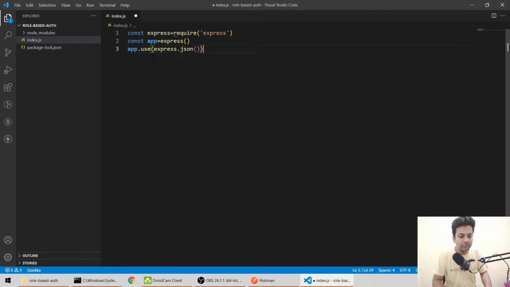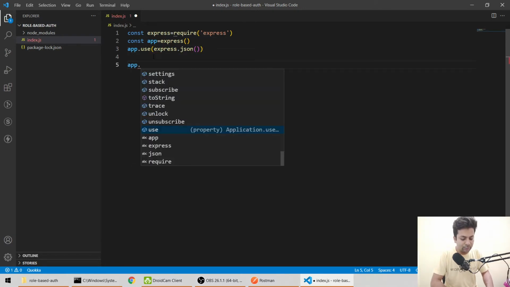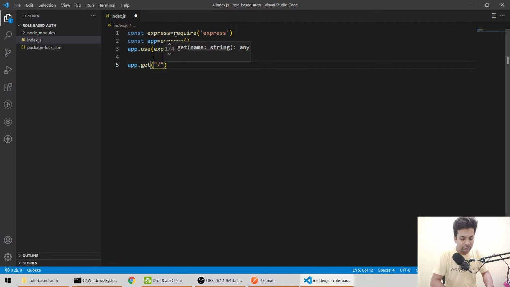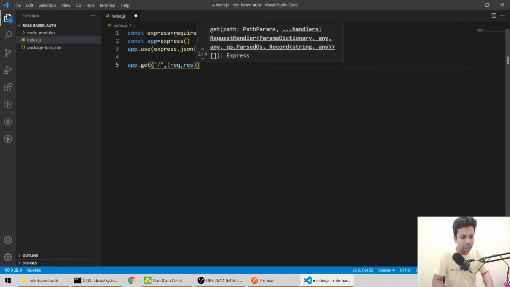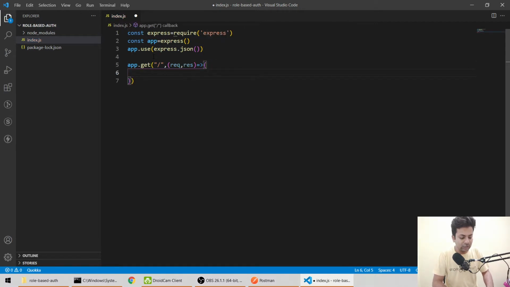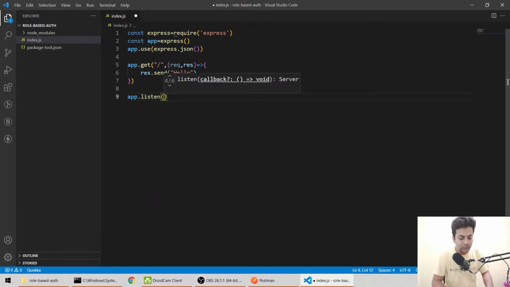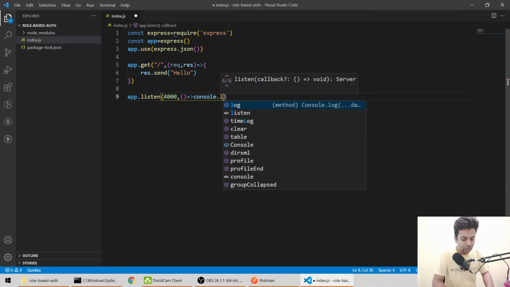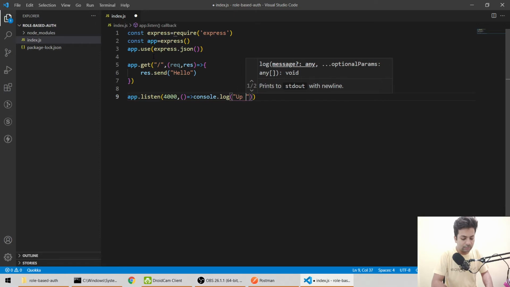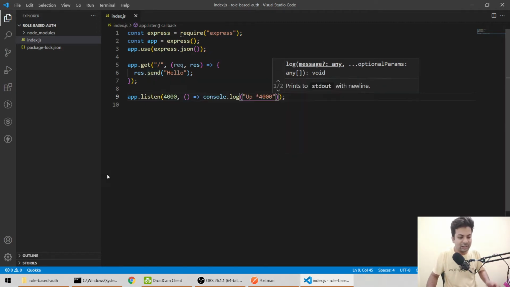You can just use it like this, and we'll create a route, app.get, on the base URL with request, response, and here we'll say res.send hello. Then app.listen on port 4000, and after that console.log, up, and here we write the port. That's the basic thing, nothing unusual.